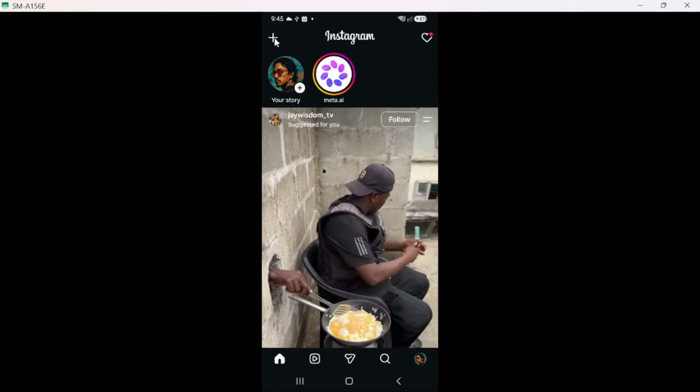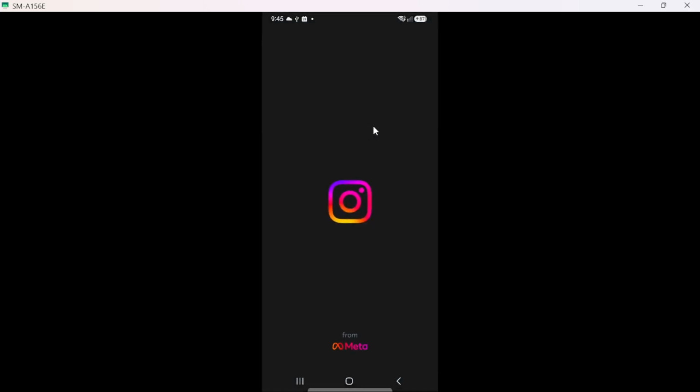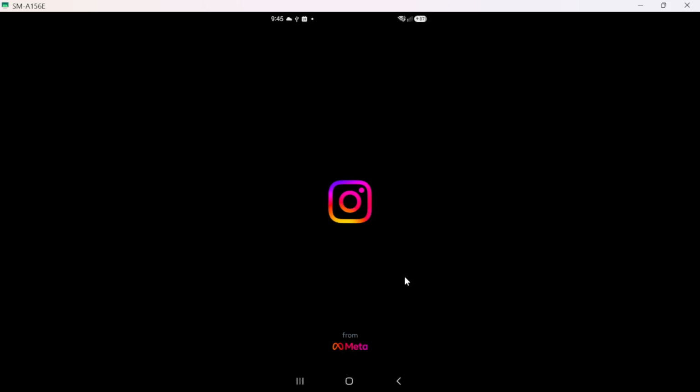Once you are logged in, the next step is to go to your messages. Look towards the top right corner of your screen. You will see a messenger or chat icon that resembles a speech bubble. Tapping on this icon will take you directly to your Instagram direct messages. This is an important step because it is where all your private conversations are stored. You need to access this section to proceed with deleting any chat history.